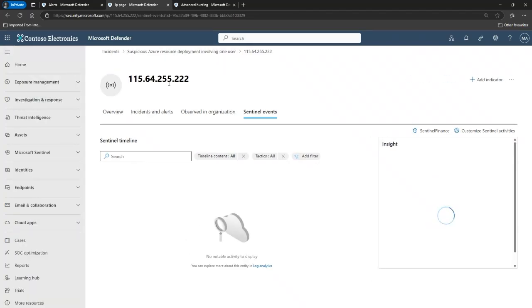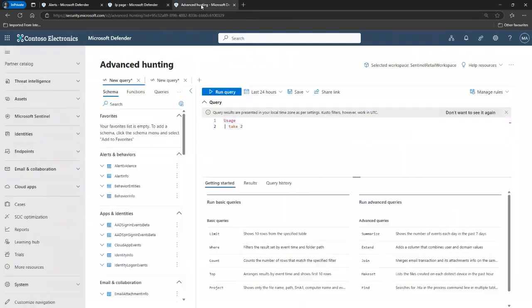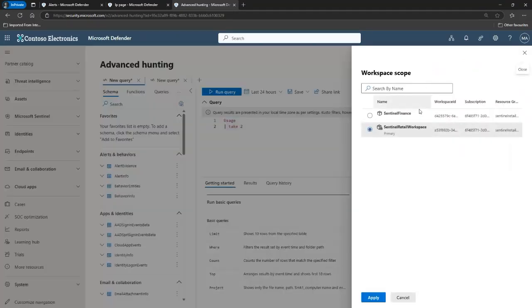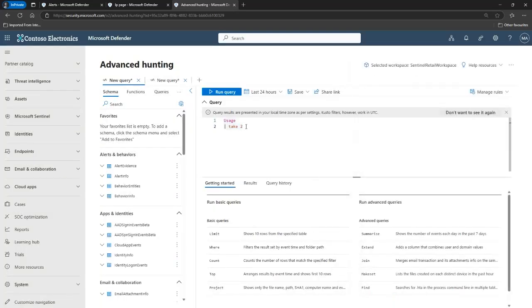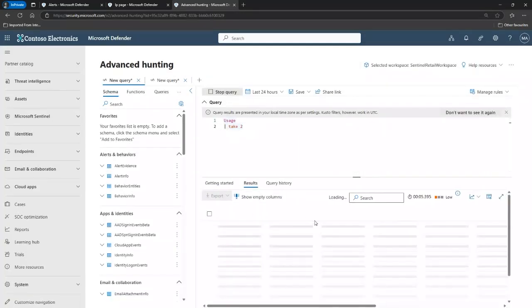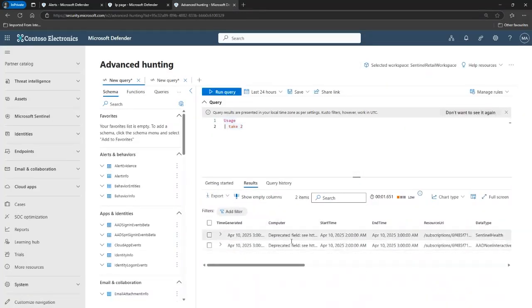Now, I also want to quickly showcase the advanced hunting capability. Over here, you also have this workspace selector. So let's say I want to run this query on this specific workspace that's selected. Of course, I would be able to run this as usual. But for the previous experience in Sentinel and the Azure portal,